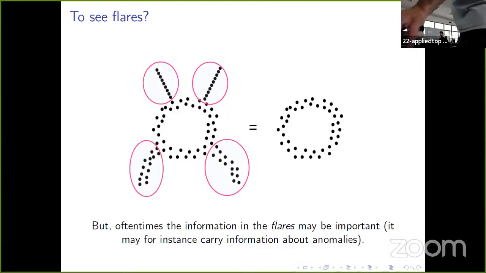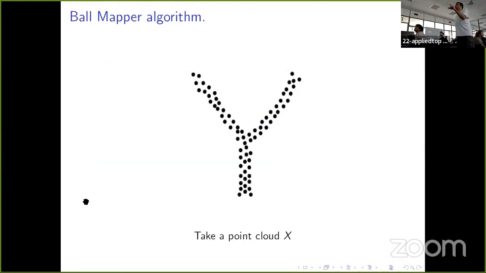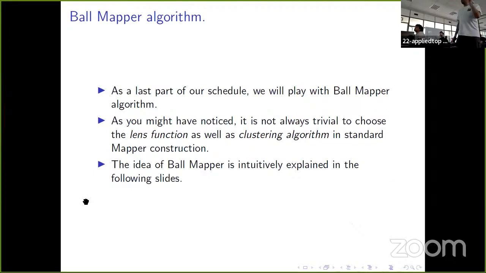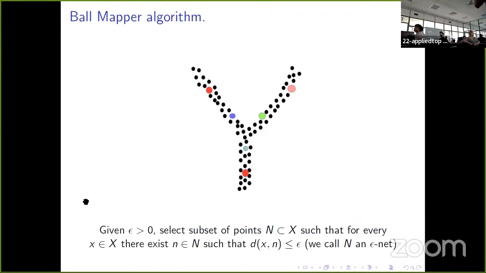Let's see how much time I have. So let me start with something easier. And then if we have time, we'll move to something more difficult. So let me start with a ball mapper. And again, instead of giving a definition, I want to tell you, if we have this point cloud, perhaps embedded in 100-dimensional space, how can we visualize it so that we capture a simple fact that it has a shape of a letter Y? So what we are doing is we are starting from this